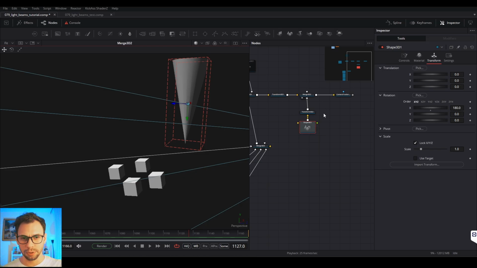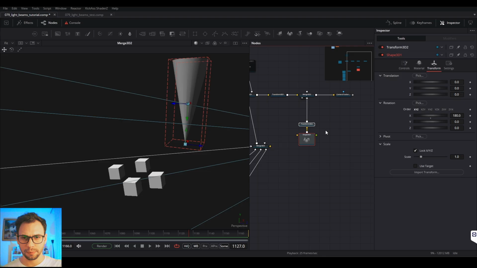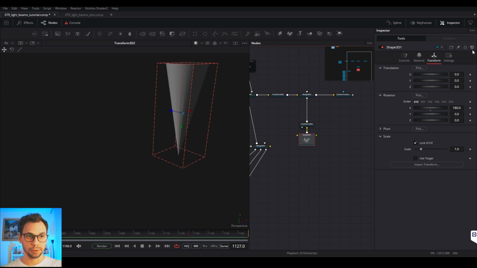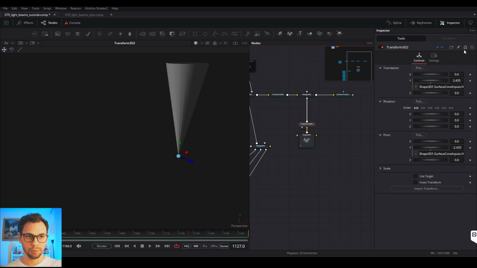So these 2 nodes are creating this source object, and I don't want to change the origin of it. I can even lock it down to not accidentally change the position or any other parameters. So I can lock both of them,